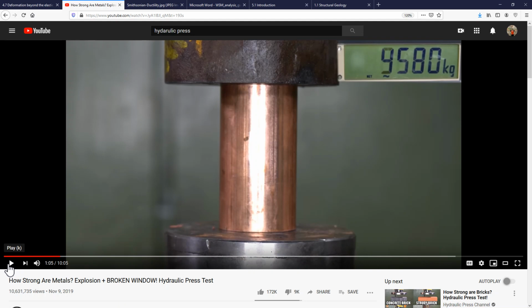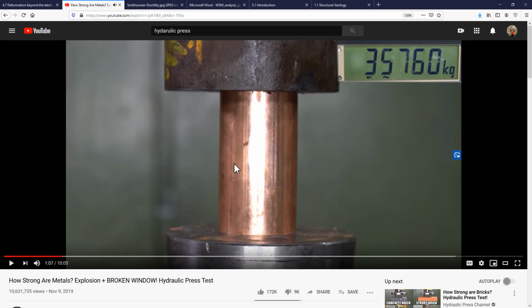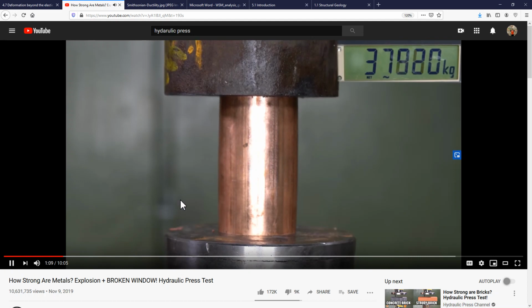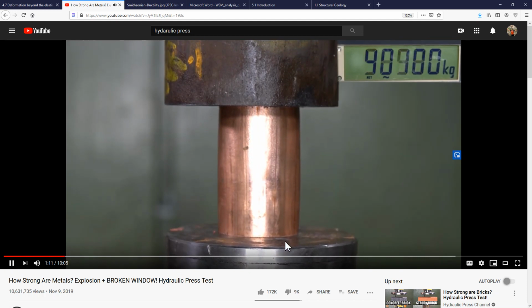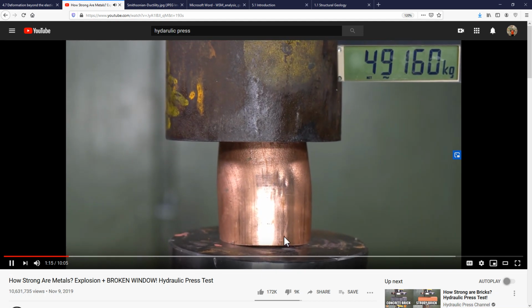So let's continue loading. There's going to be a limit. Okay, let me stop. I don't know if you saw that, but now probably you can see also with your eyes how this is deforming, and it's beyond the limit which this material can take. And so now it's taking plastic deformation. And now you're going to see it's very evident that it is deforming, and at some point that is going to